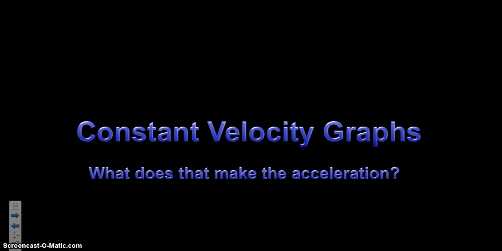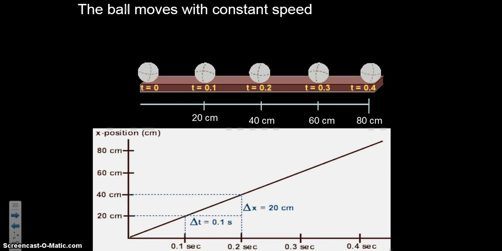So first we're going to look at constant velocity graphs. So the question becomes, what is the acceleration if the velocity is constant? If you answered 0, then you got it. So here is kind of like a little cartoon of a ball in motion. At time 0 it's here, at time 0.1 it's here, so on and so forth. And the question on your paper is, how can you tell it's not accelerating? So pause the video, take a moment, see if you can figure out how to answer that.